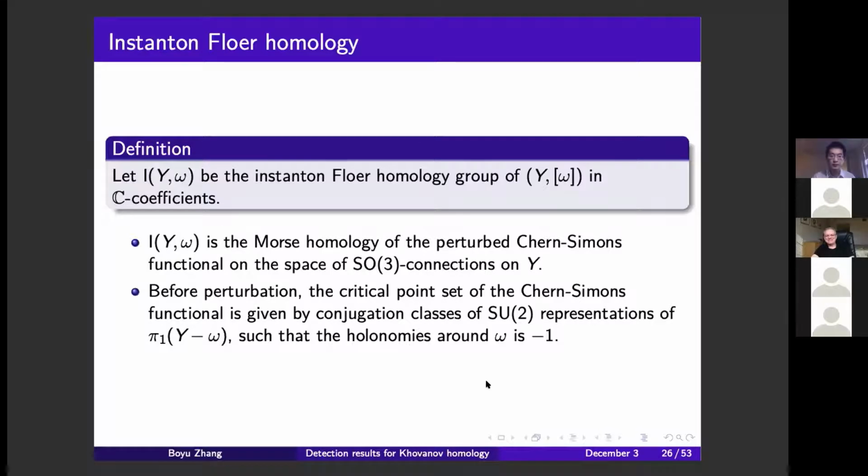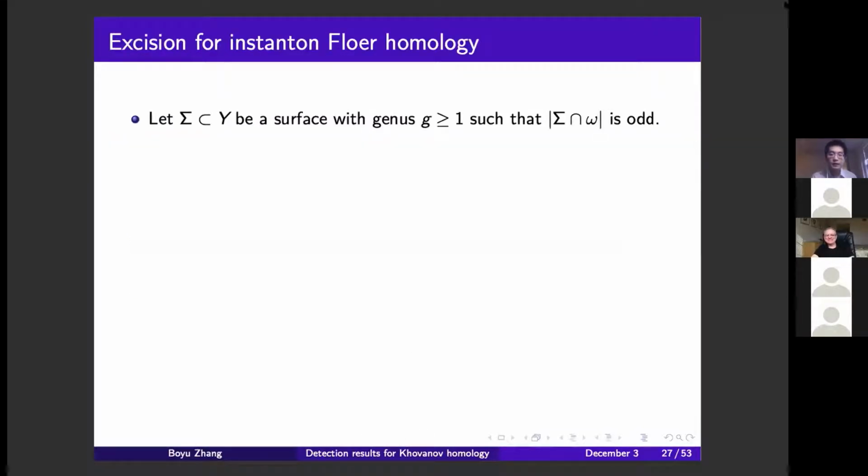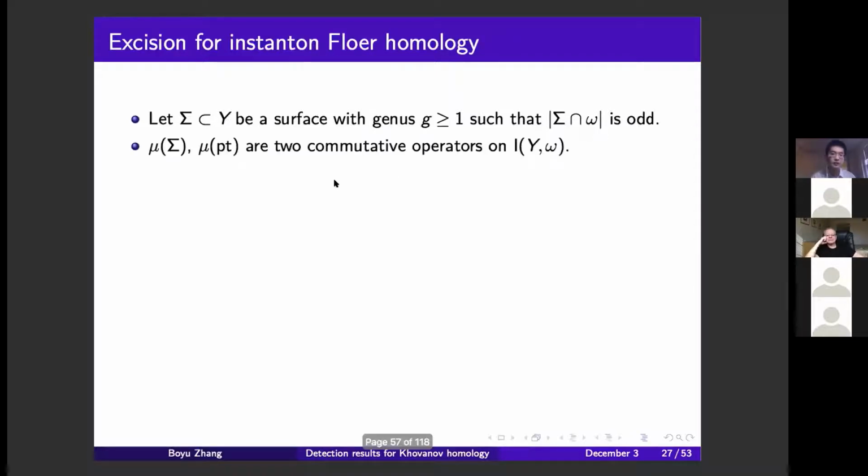One of the basic properties of instanton Floer homology is that it behaves nicely under a surgery operation for the three-manifold, and that is called an excision formula. So to introduce the excision formula, we have to introduce some extra notations. If we have a surface sigma embedded in Y with genus at least 1, and if we further assume, again for technical reasons, that the intersection number of sigma with omega is odd, then